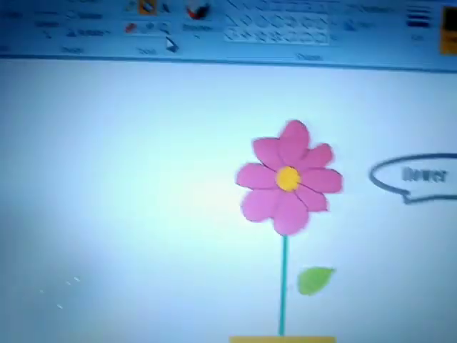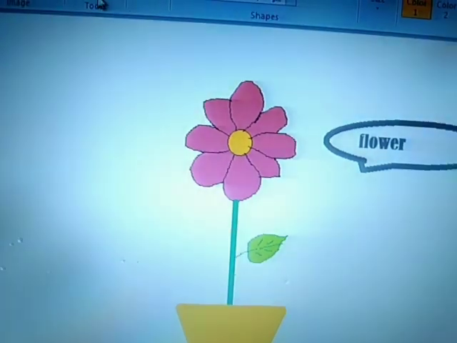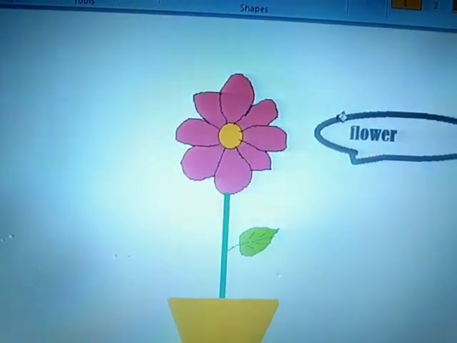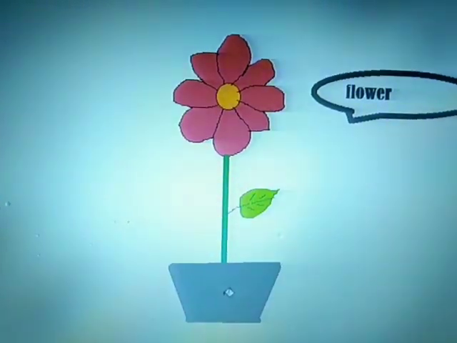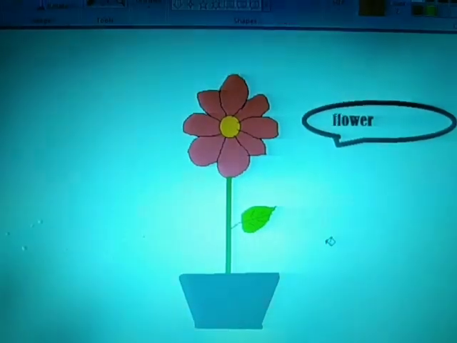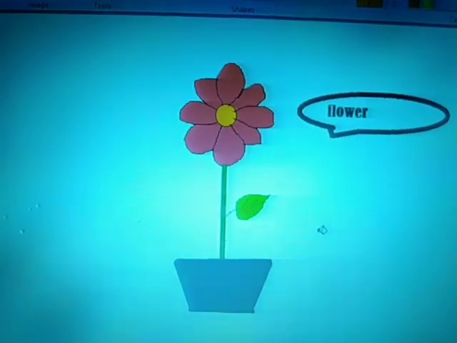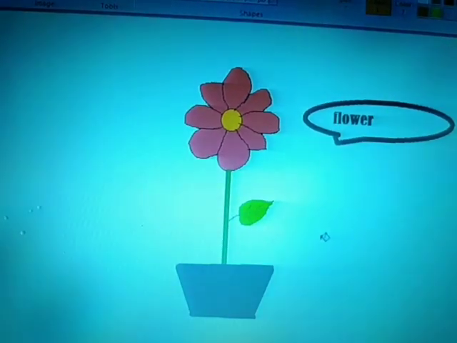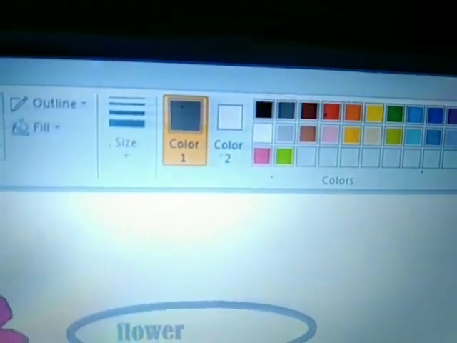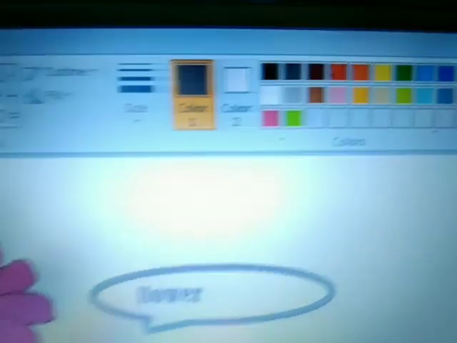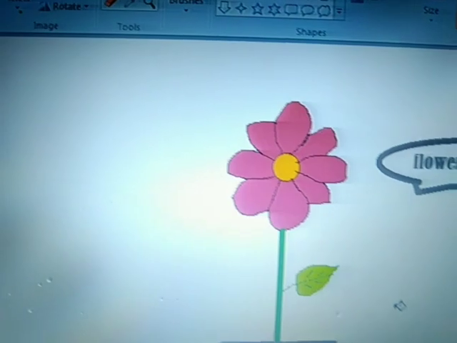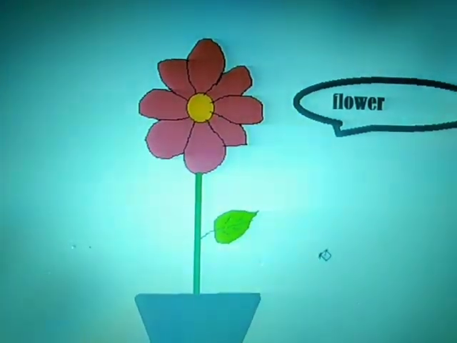So I want to change the pot color again to this gray color. I have selected the color picker tool, clicked on this gray, in color 1 gray got selected. Now I will come here, it got changed. So when we have a drawing that has several parts and several colors, and we have several types of edited colors, it will be easier for us to use the color picker tool to match that color exactly.